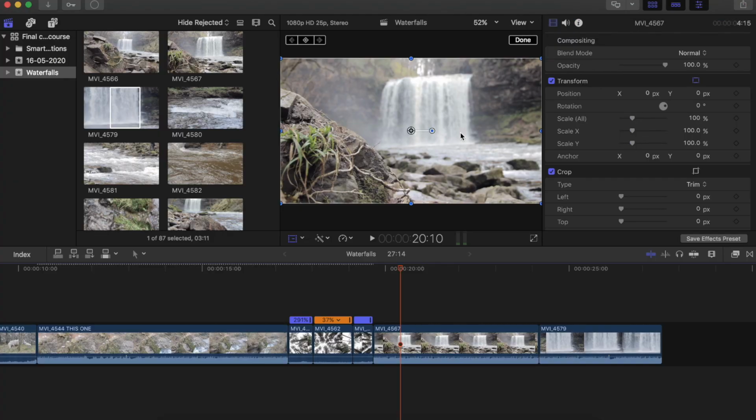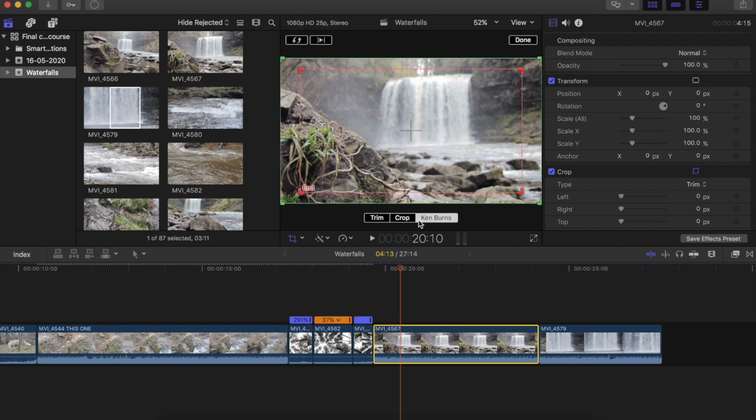Another tool you can find here is the Ken Burns technique, which essentially adds camera movement to your shots without any camera movement actually happening whilst recording. So if, say, you had a camera on a tripod, you'd be able to add the effect of zooming in or panning in. So let me show you this on Final Cut Pro. So this is the shot I want to choose. If I press this arrow here, press the crop button,